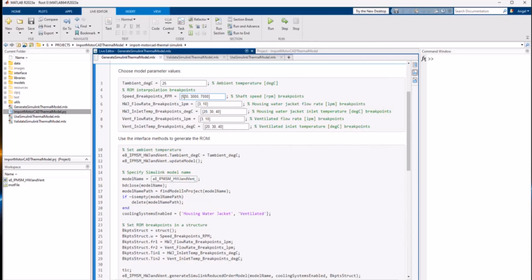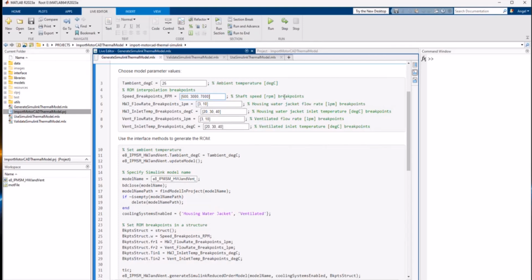So these are the speeds. In this case, we have three speeds here, 500, 3000, and 7000 RPM of the shaft. And then we have flow rate and inlet temperature for each of the cooling systems. As Hussein described before, we have the housing water jacket and ventilation. So we need to give all these dimensions.